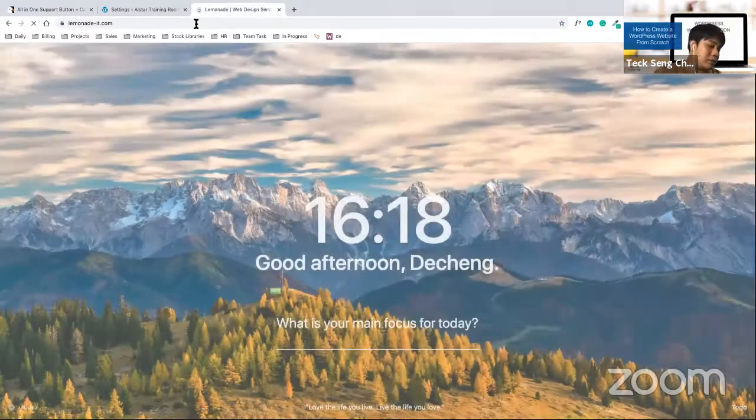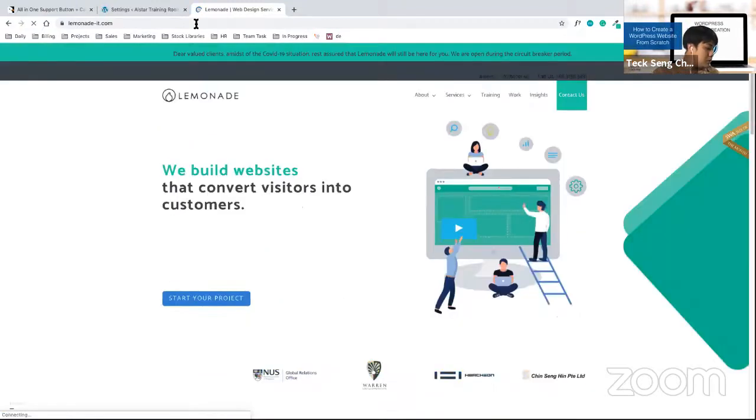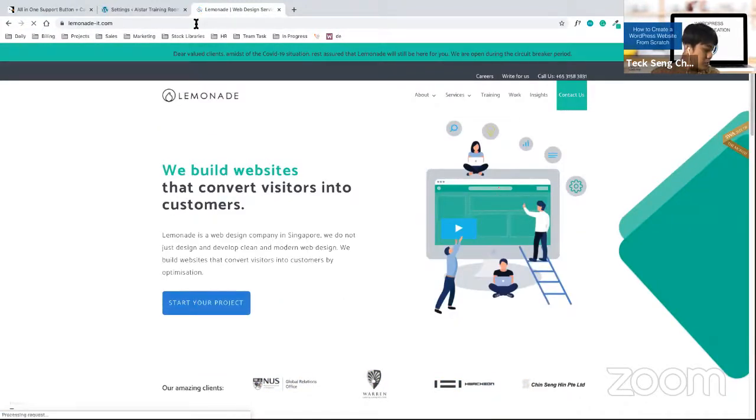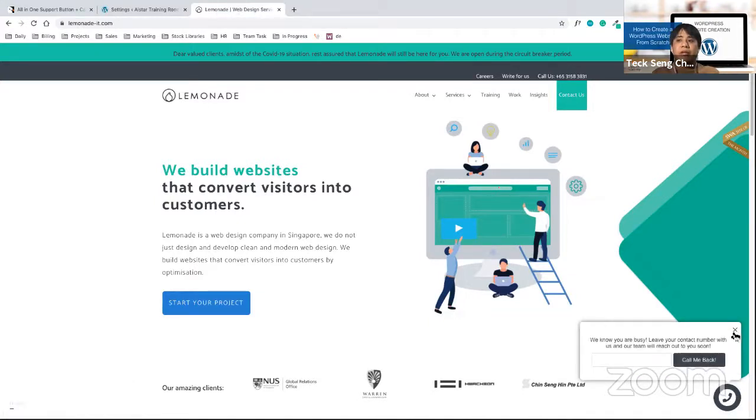So just want to show you an example. Callback request looks something like this. It's on the bottom right-hand corner, right? When you click on it, you will see a callback request over here, whereby they can call back, or at the same time, there's a WhatsApp button.